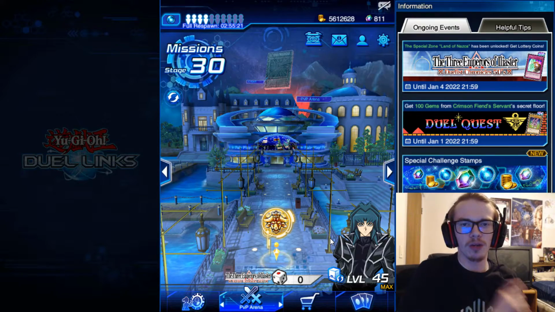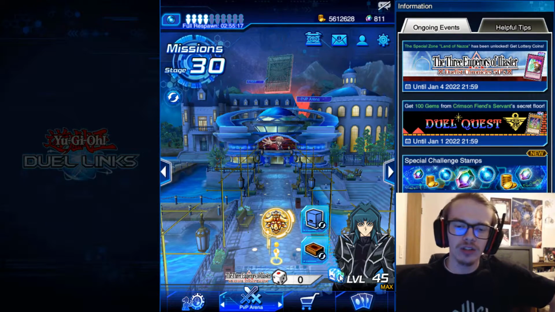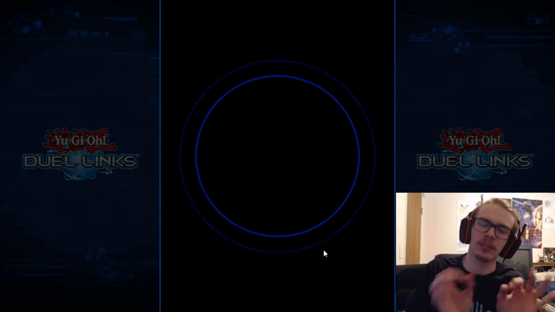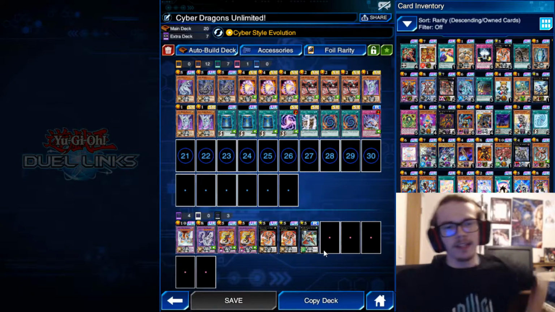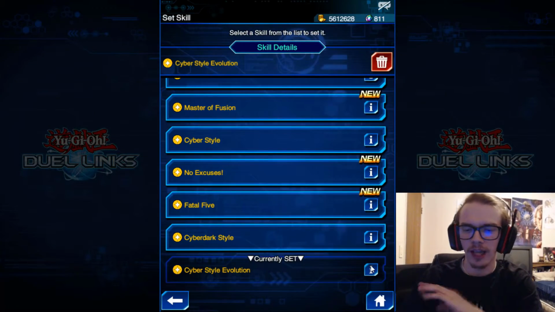On today's episode, we are back with some more Yu-Gi-Oh! Duel Links action, and as you can tell by the title and the thumbnail, we are talking about Cyber Dragons. Cyber Dragons have become viable once again thanks to a new skill and a new extra